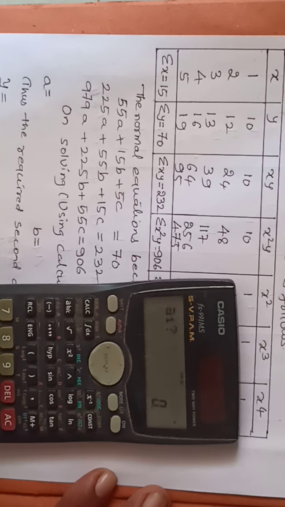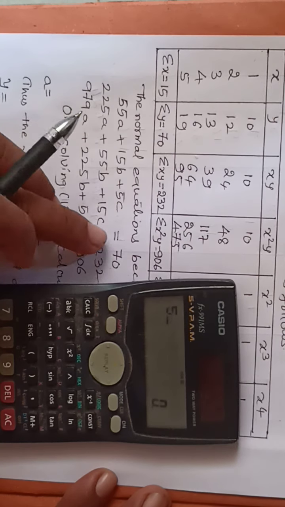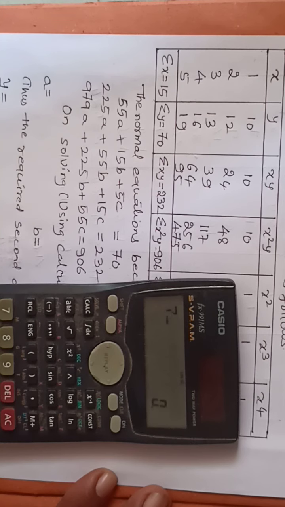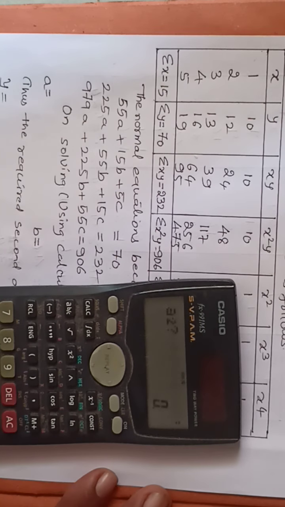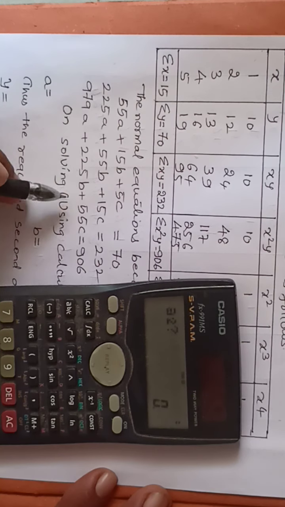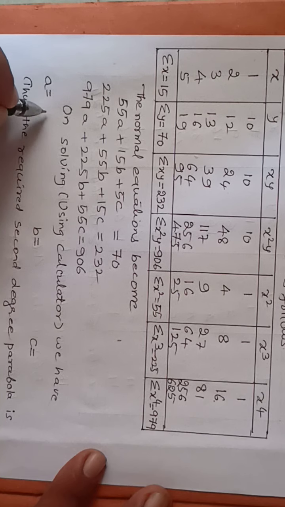Next it is asking 55 for a1, b1 is 15, c1 is 5. Next d1 is asking, it is 70. Like this we have to calculate. Finally, next it is asking a2, b2, c2, d2, next a3, b3, c3, d3. On solving you will get a is equals to